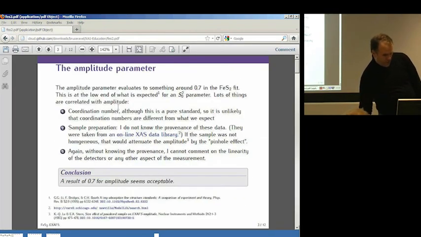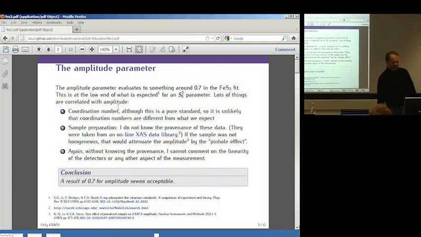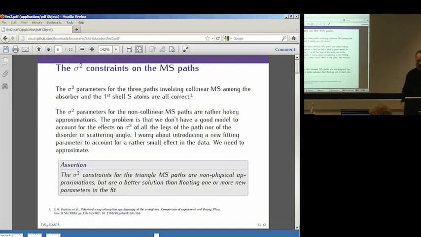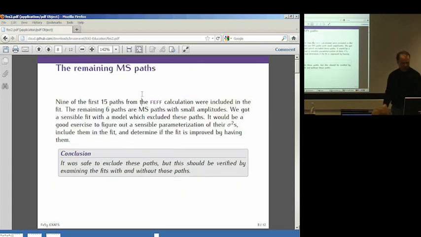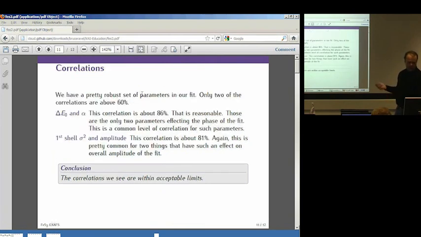So here are some references that discuss S0 squared and the determination of amplitude. In these two slides, I talk about what's going on with the sigma squared of the third sulfur scatterer. Here I talk about the constraints on sigma squared for all the multiple scattering paths and give you a reference to this talk, which explains that. On this page, we talk a little bit more about the fourth shell sulfur atom. Some more interesting information. Here is a careful derivation of the alpha times ref parameterization, in case you never really believed that in the first place. Some more discussion of delta R, some discussion of correlations,